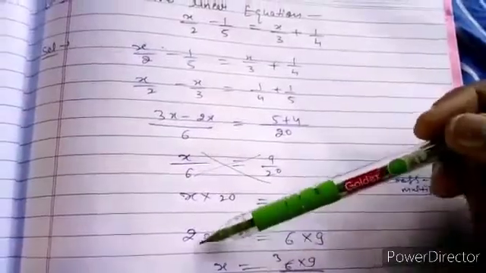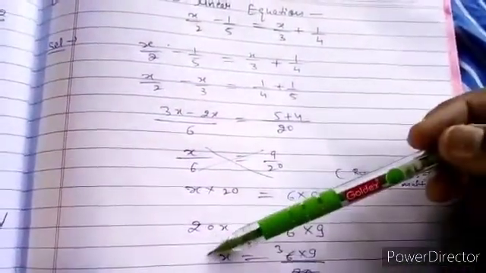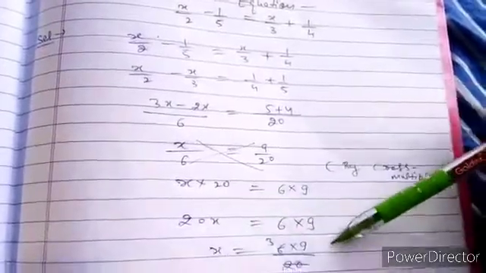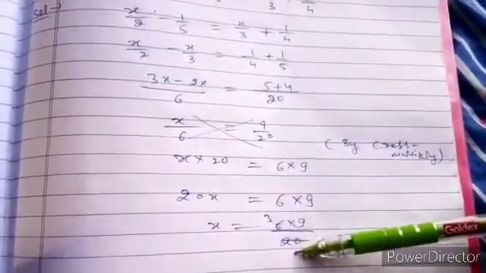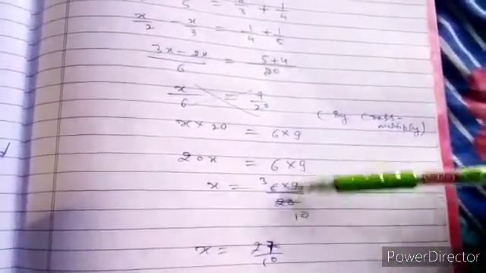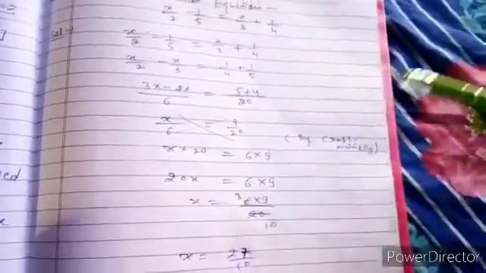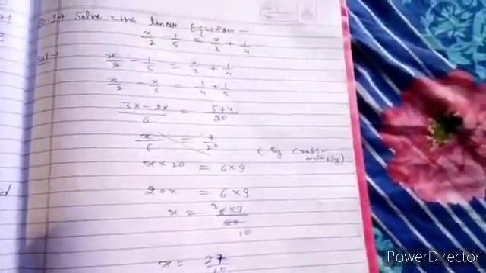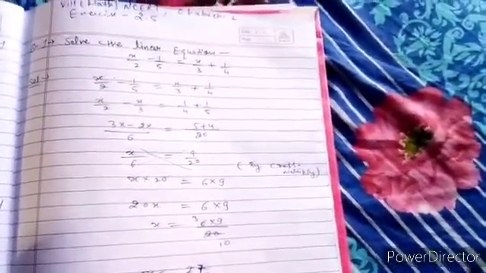Now 20 is multiplied with x, so it will be division on the other side, because on the left hand side we need just x, so every number we have to shift to the right hand side. Now 6 multiplied by 9 upon 20, we cancel on the table of 2, 6 and 20, so the x value will be 3 nines are 27 upon 10. The same value we got here. This is question number 1, exercise 2.5, 8th class NCERT.